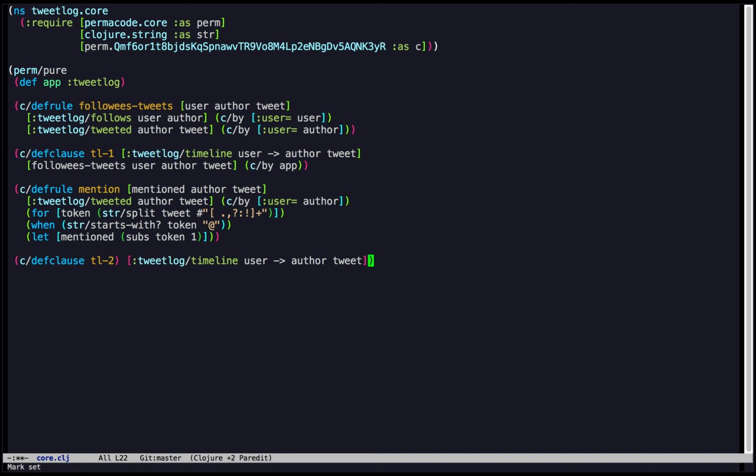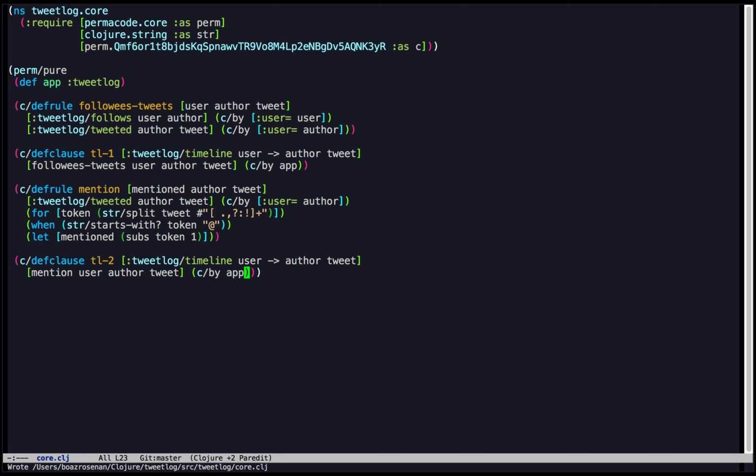So timeline is a predicate, and it can have a lot of clauses contributing to it. And the body is going to be just referencing mention with user, author, and tweet,